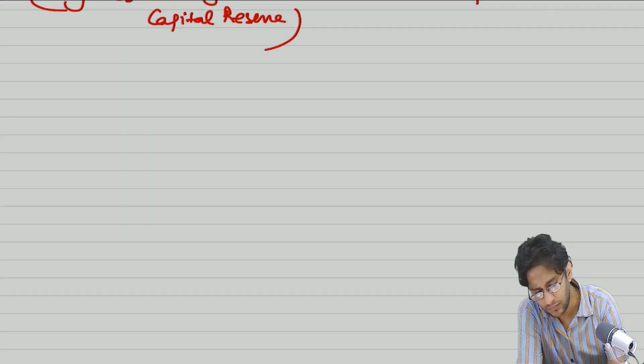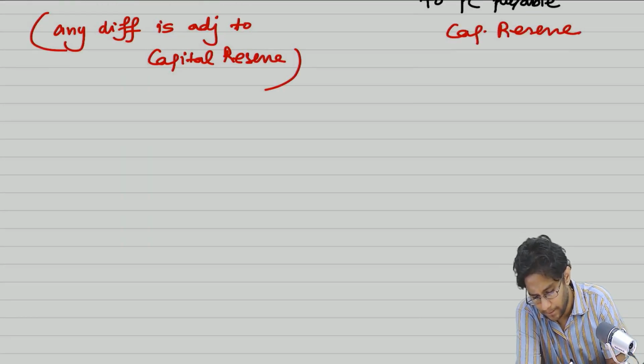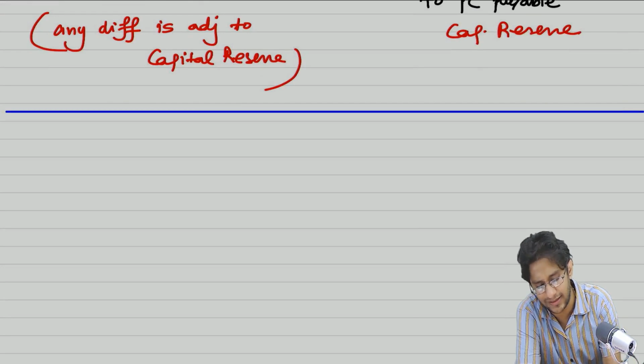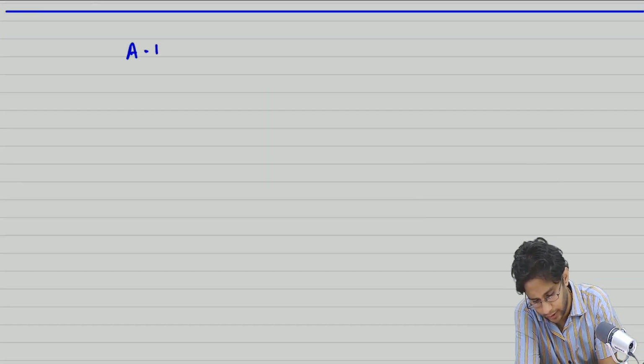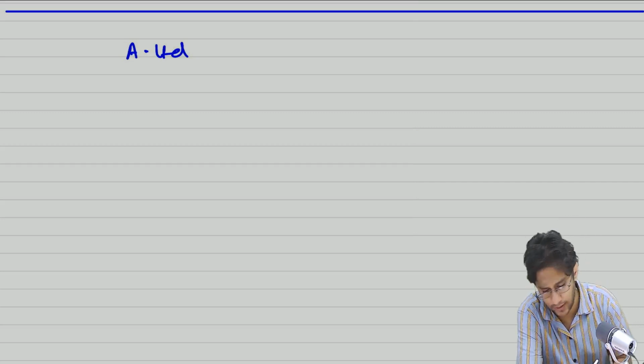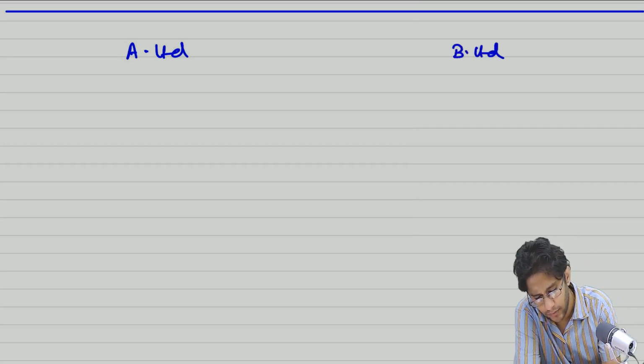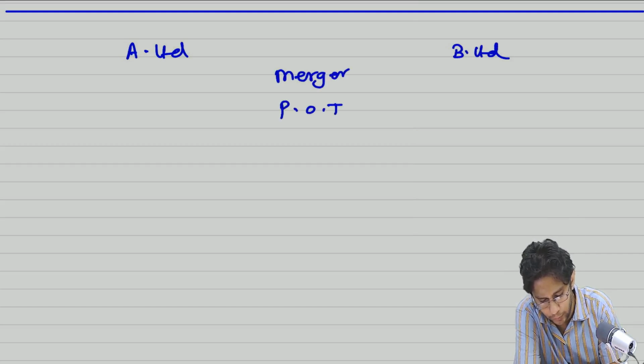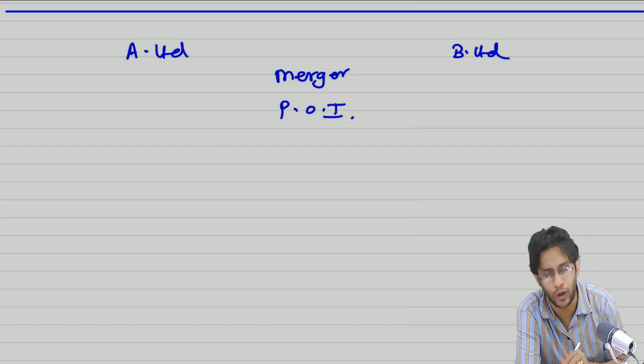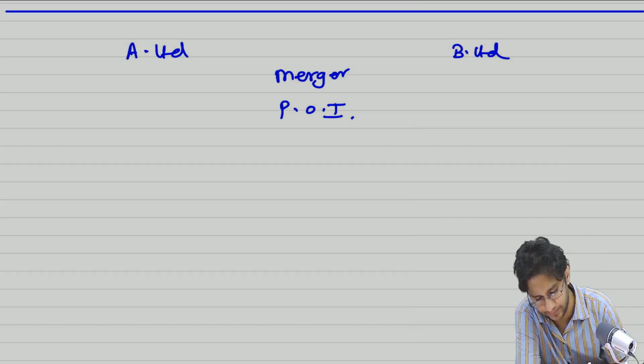Then, what we actually learned in C entries, just to remind you, because in one or two sums this application is also there. When amalgamation is in the nature of merger, you will apply the pooling of interest method. When you apply the pooling of interest method, what you will do is